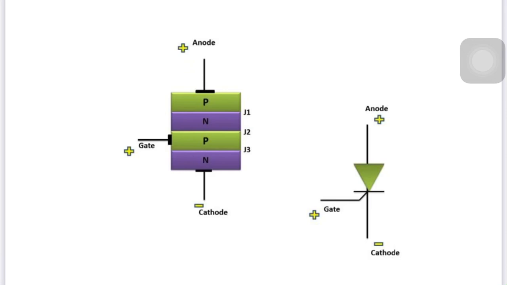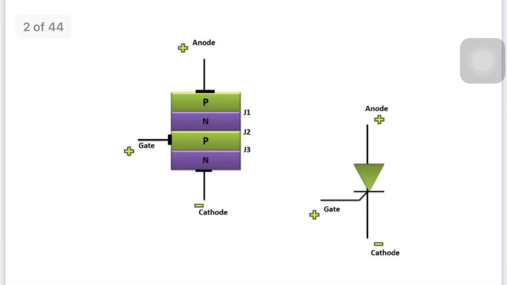So, in operation, the SCR is connected in series with the anode kept at positive potential with respect to the cathode when the gate is open, so no voltage is applied at the gate. Under this condition, junctions J1 and J3 are in forward bias and J2 is in reverse bias because it is NP. Due to this, no current is allowed from anode to cathode. So we can say the SCR is turned off even though we give the input between anode and cathode.